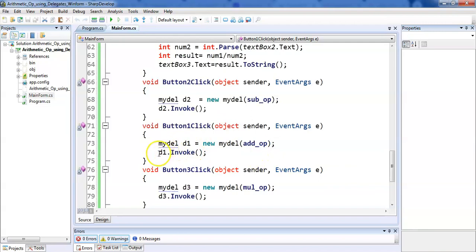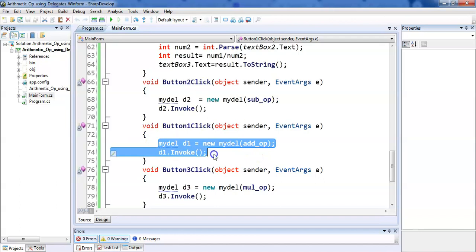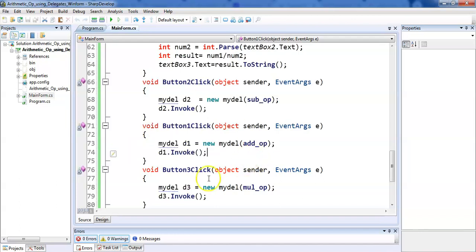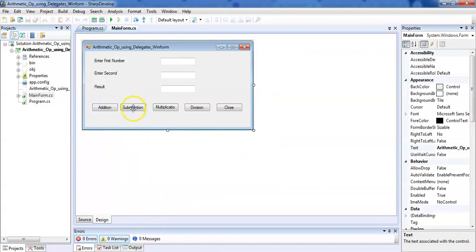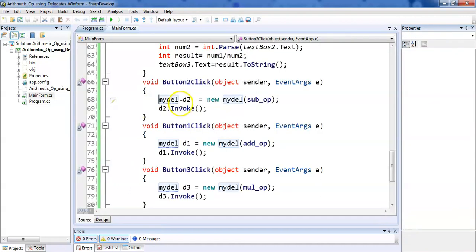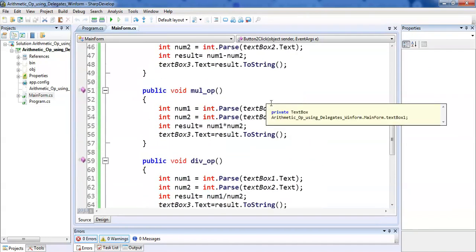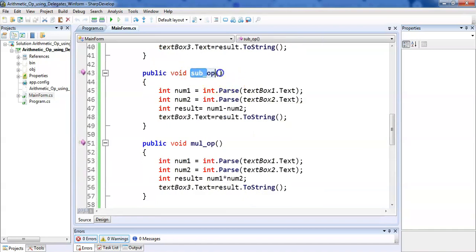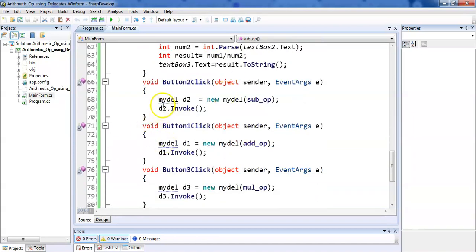And now here we are going to invoke it with d1.Invoke. In this way we are going to call this add operation. In that way, for subtraction, MyDel d2 is equals to new MyDel of the sub operation. So here this is the subtraction method, and d2 is going to point to the sub underscore op method.